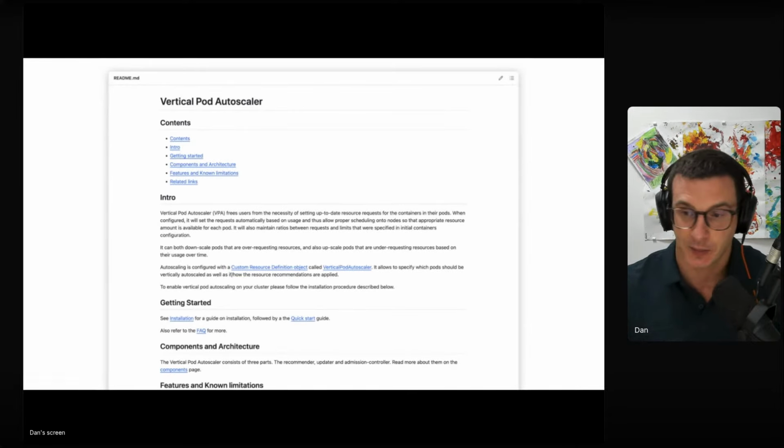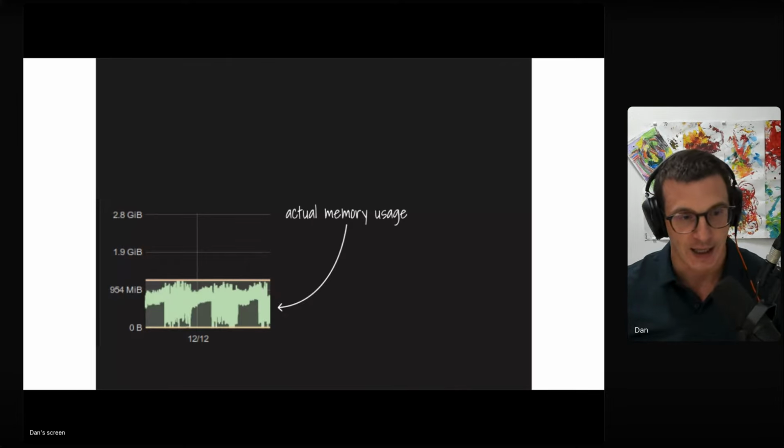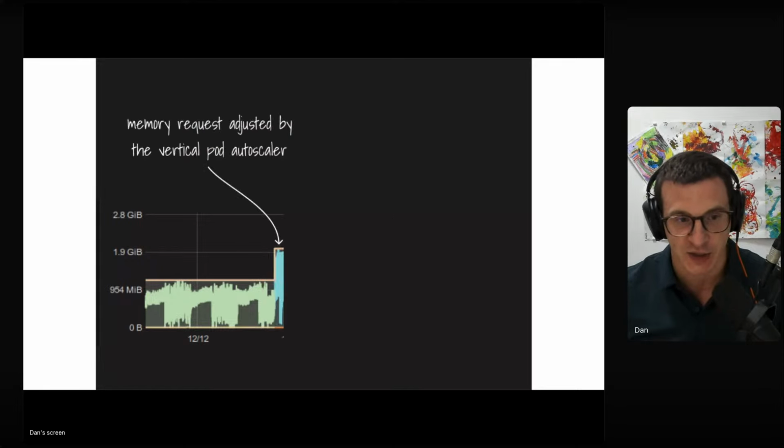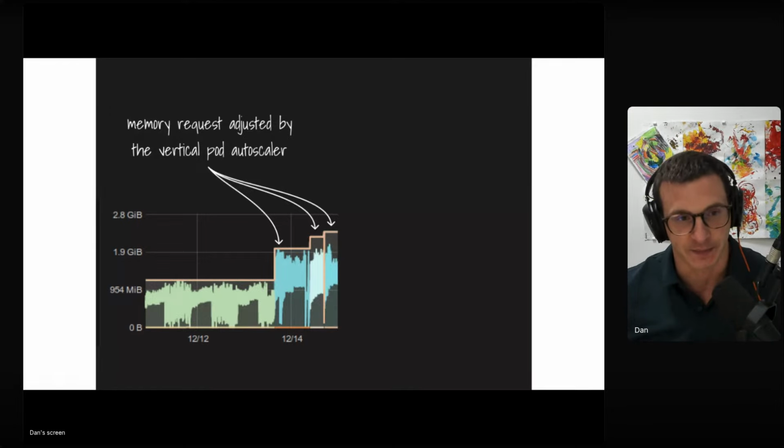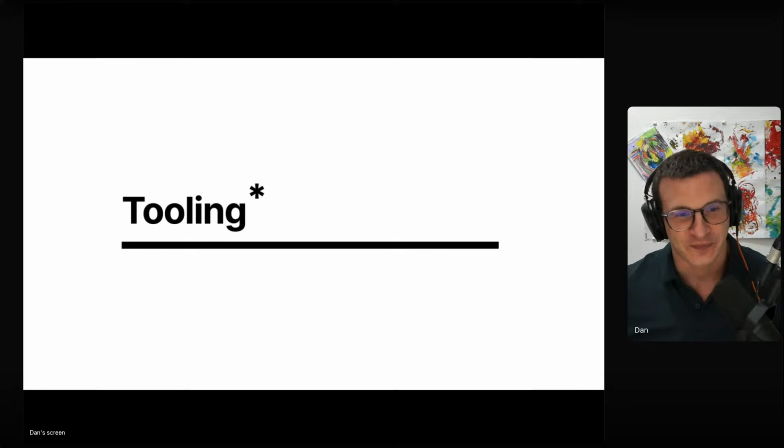It turns out that the Vertical Pod Autoscaler does this. It's a component that will analyze your previous usage and then readjust requests and limits based on the historical data. This will function in a similar way to what we described: we look at this period and then adjust them. But this is basically the only open source tooling that we have. Then there is another set of tooling, which is not free, which is mainly paid products.